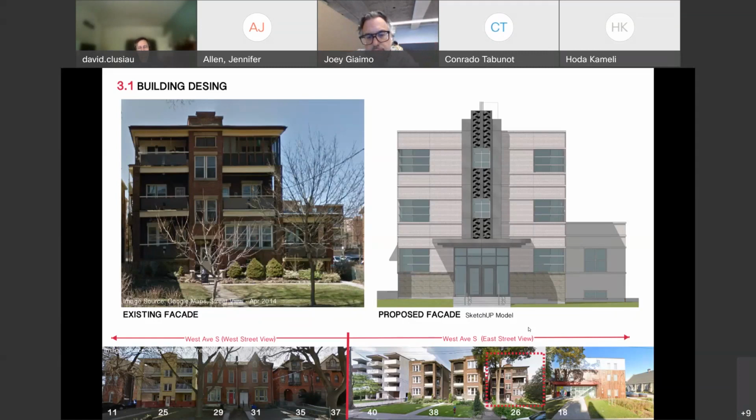The windows to the left and right of the addition have a distinctive feature from the existing that looks like balconies. At the center of the addition, we've introduced aluminum cladding with some printed feature on it, just to give an interesting element to the front entryway.